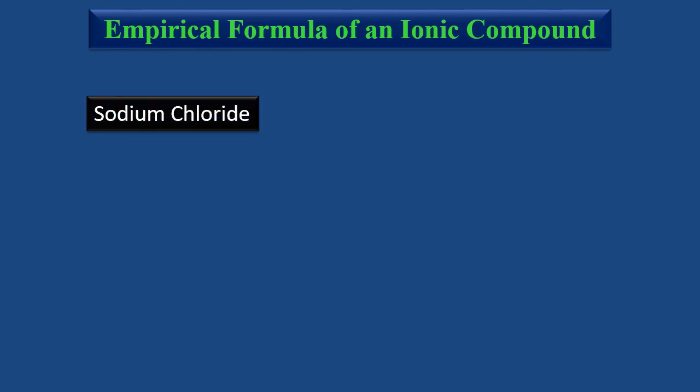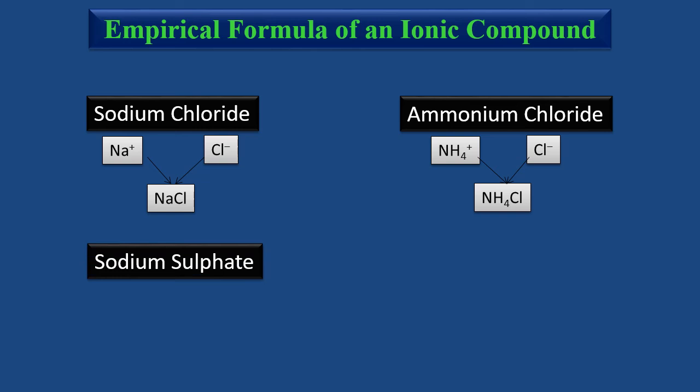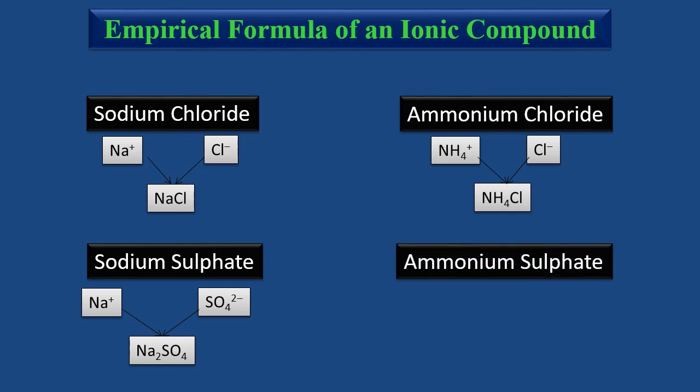Next we have sodium chloride, Na+, Cl-. So NaCl is its empirical formula. Ammonium chloride, NH4+, Cl-. NH4Cl is its empirical formula. Sodium sulfate, Na+, SO4 2-. So we write 2 in the subscript of Na. So its formula is Na2SO4. And while writing the formula of ammonium sulfate, we use parentheses with ammonium, (NH4)2SO4,